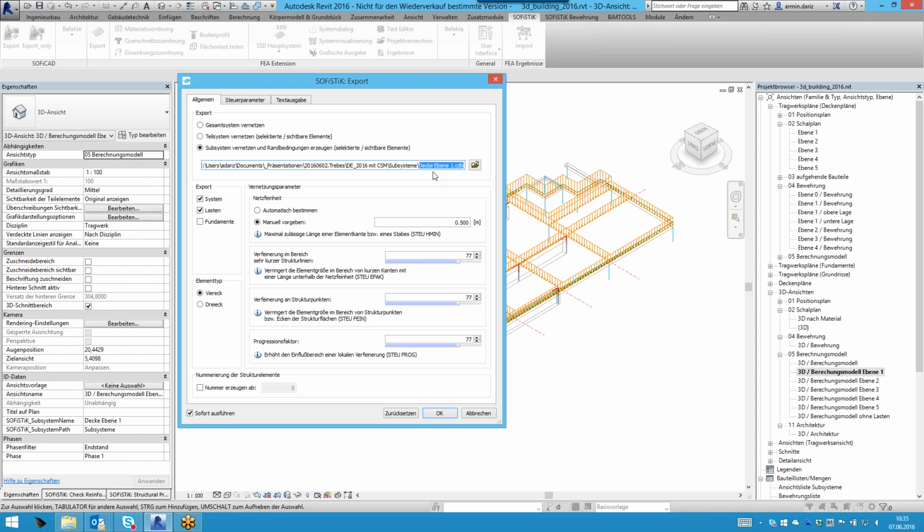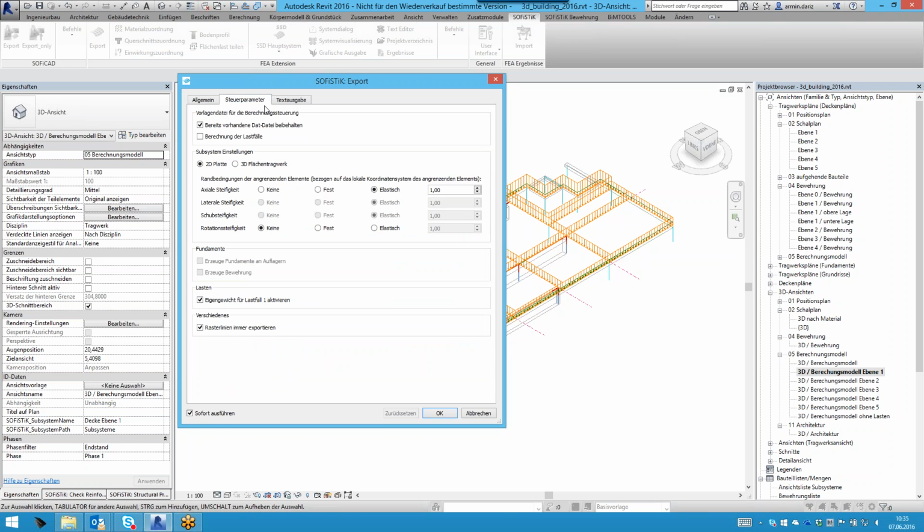So, as we discussed before, for dynamic, for wind analysis, and maybe for construction stages, I like to do that on the 3D system. For slab design, I like to use a simple 2D system. Or maybe I can use also only the core, to export the core for the wind analysis. So I can decide as a structural engineer what I like to do with my Revit database in the analysis environment. So therefore, subsystem uses the visible elements, in this case slabs and beams, and then, and that's quite tricky stuff,